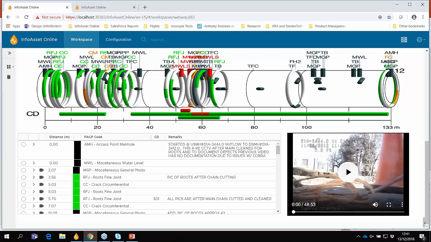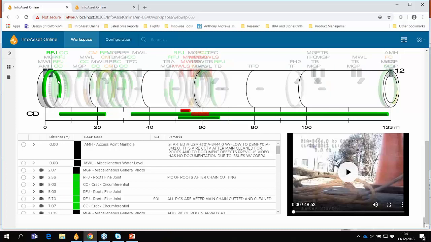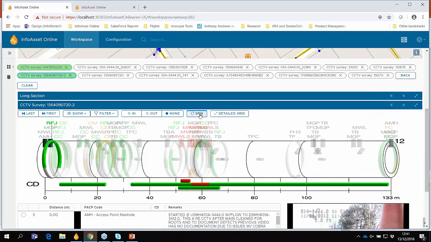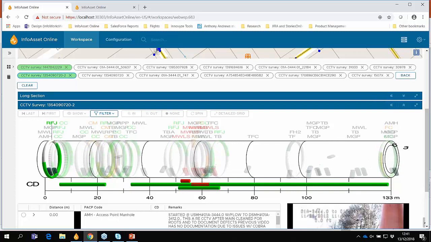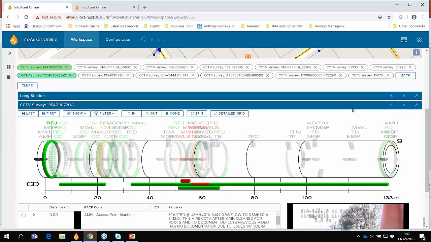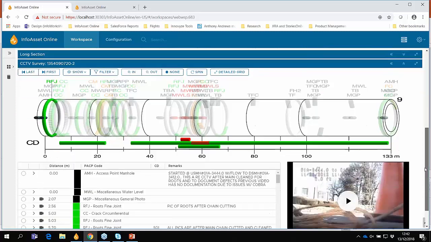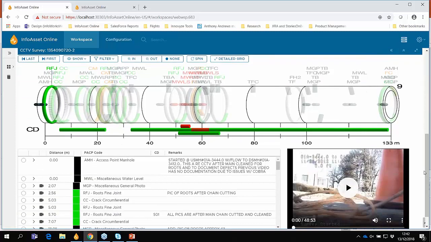Okay, so in the top we can see the 3D pipe view with all of the circumferential defects and the point defects showing located. We can very quickly spin the 3D pipe view to bring those point assets that are hidden on the other side of the pipe to the forefront. The color coding denotes the severity of the asset, which is effectively a theme. So you can see that those colors are also reflected in the